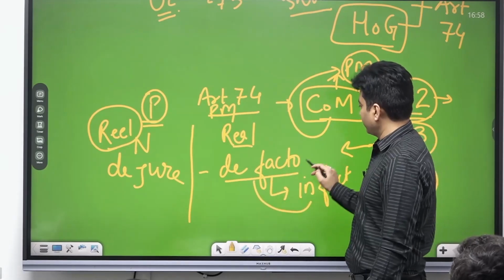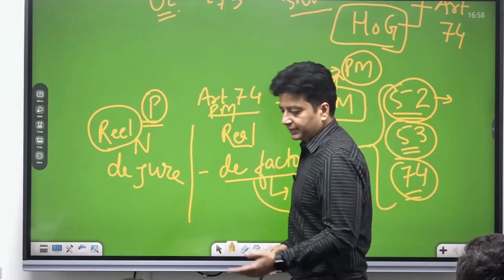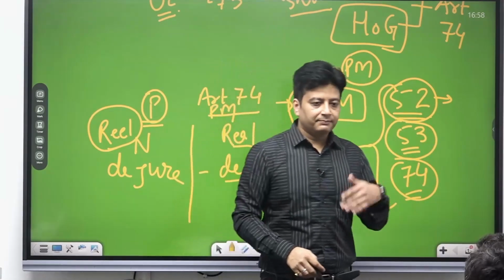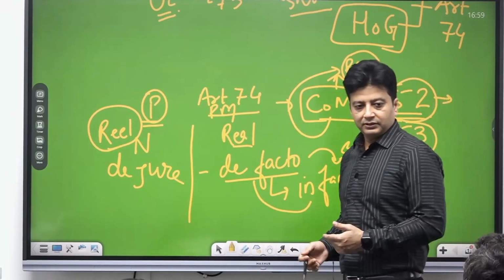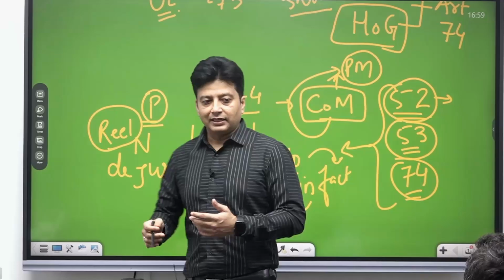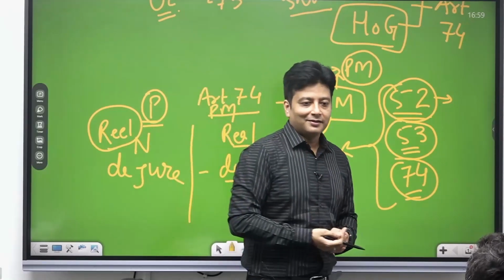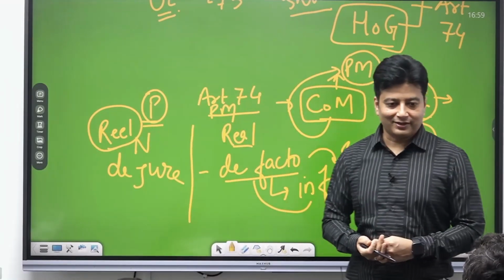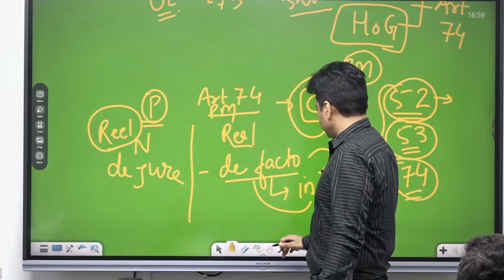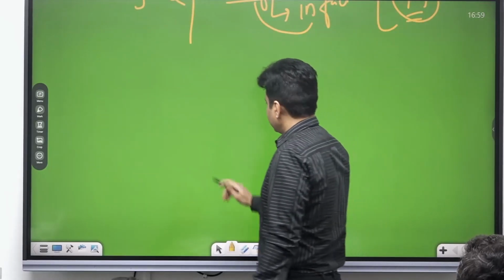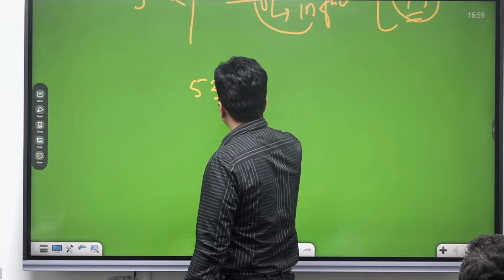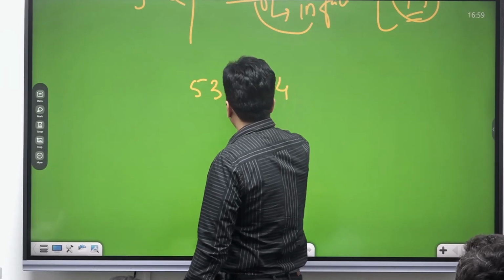De means in, facto means fact. So in fact, the Prime Minister is the main hero, the captain of the ship, the sun around which all the planetary moves are there. Now, the position is very much clear that Article 53 and Article 74 are to be read